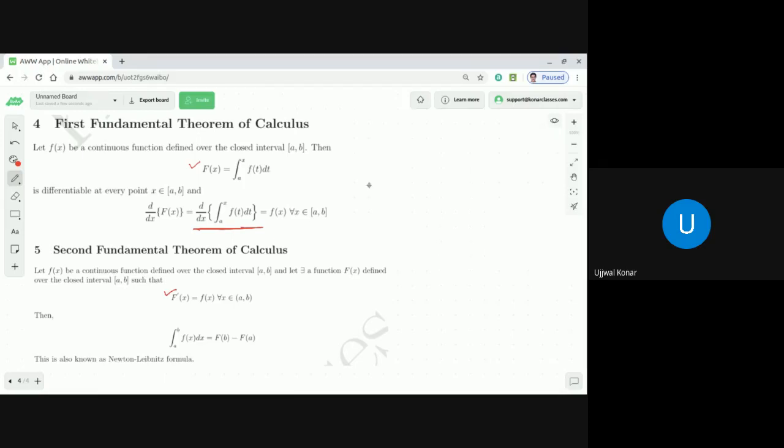Suppose the function y = f(x) is given to you and you are drawing its curve. While drawing, you need not lift your pen. It is a continuous function. Now there may be other curves, suppose y = g(x). While drawing that curve, you will find there are some points where the function is not defined, so you need to lift your pen and draw the other part. Then you say, no sir, this function is not continuous, and these are the points of discontinuity.